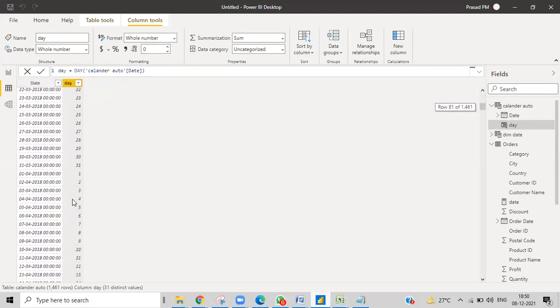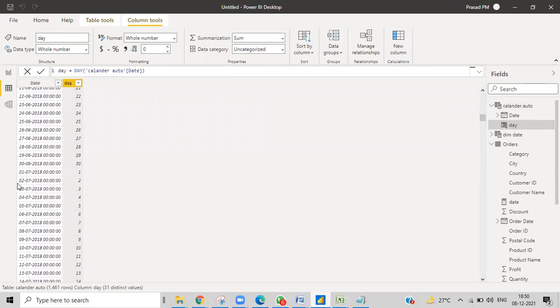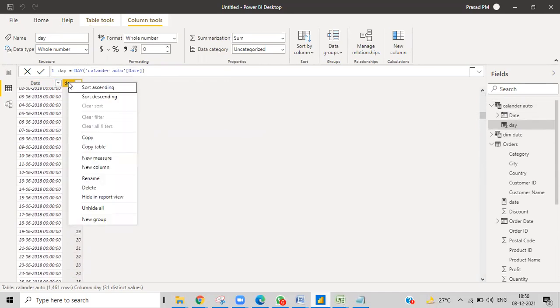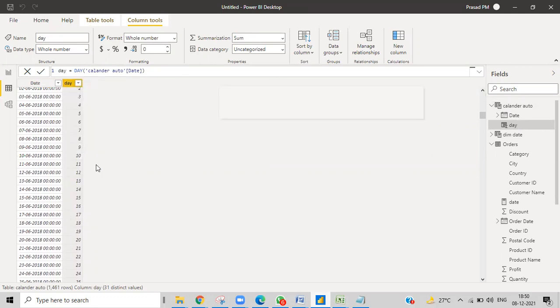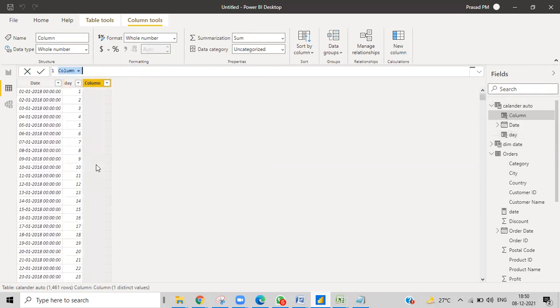You get the day for each and every date. Now I need a month, so a new column. Obviously a very similar function. Month equal to MONTH. You can write anything, that's not a problem, the table and column name can be your own, but just make sure you know exactly what it is, otherwise you'll forget it. So we'll name it Month.